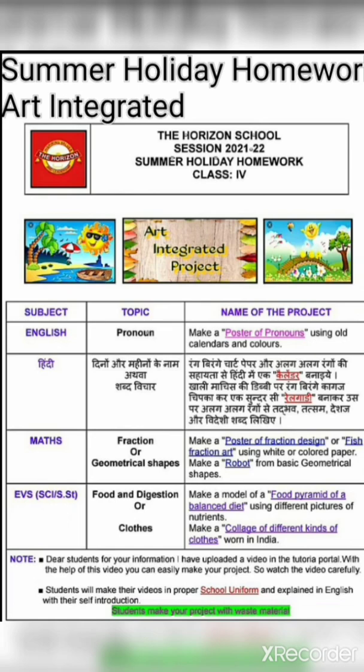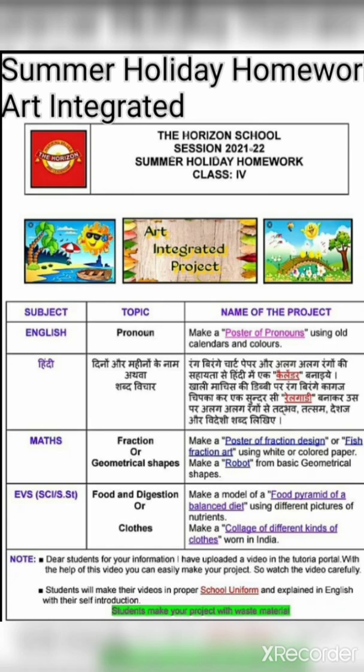Children, do you know some of you are very good in art, some of you are very good in craft, and some of you are very good in sports and all. So there are many ways of learning things, learning the subject and the topics. In the way of art, you can learn your topic very easily. Art integration means that you learn your topic through art, and you make your project in the form of art. And how will you make your project?